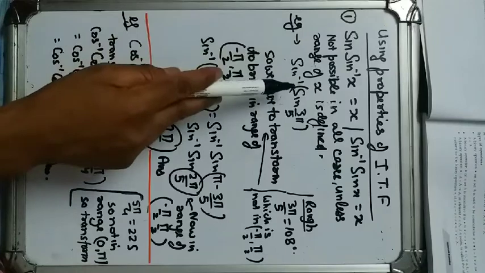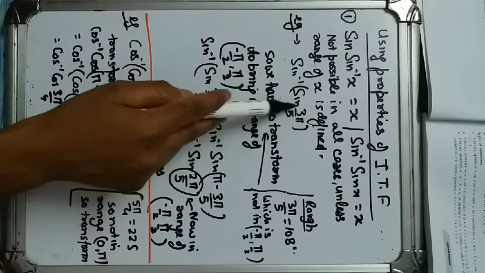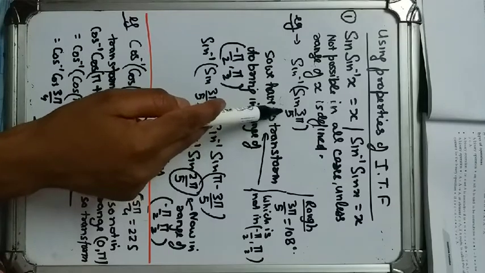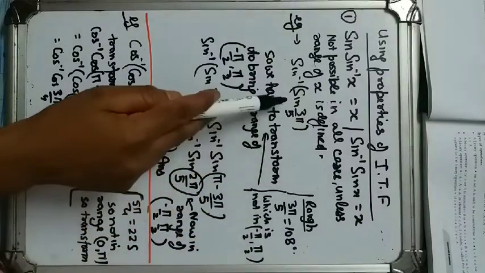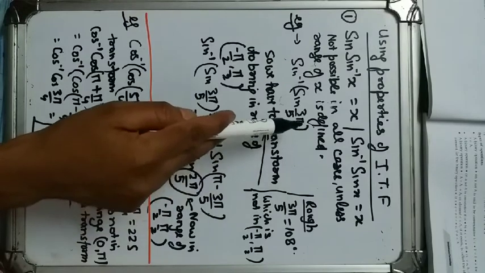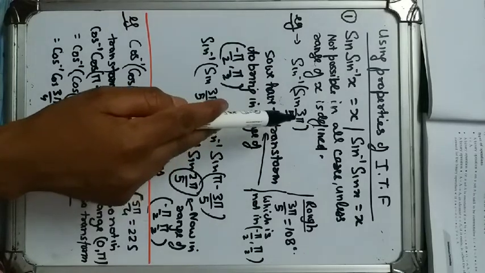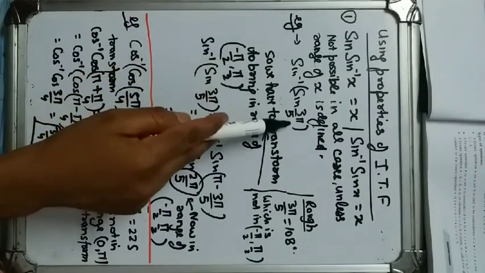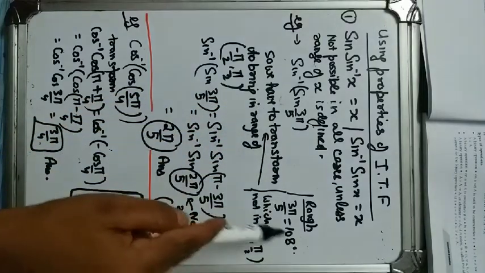Now let us discuss the questions. Suppose this is the question. Now in rough, you take out this value, 3 pi by 5. 3 pi by 5 is 108 degrees. Now we have to check this value will automatically become equal to 3 pi by 5, but only if this value is in the principal range, which I have already given you in the notes. So let's see, this is equal to 108 degrees.